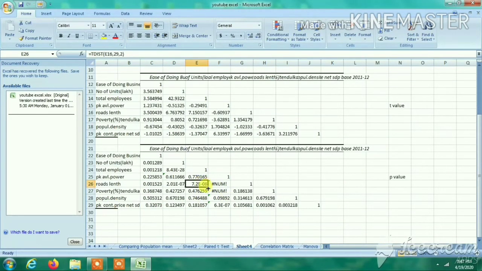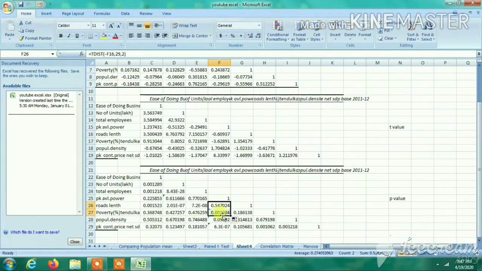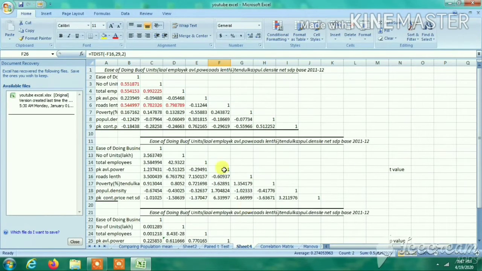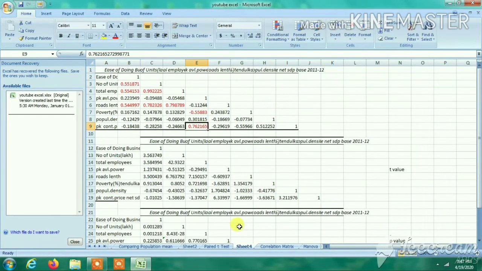Similarly, for the fourth one, here it is left, just as usual, give the equal to sign. Now for the fourth one, which value? So first, second, third, fourth. The third one is significant. Give this line, third one, and the last value also is significant. Similarly, for the next one there is nothing. First, second, third. So that is what we have done.